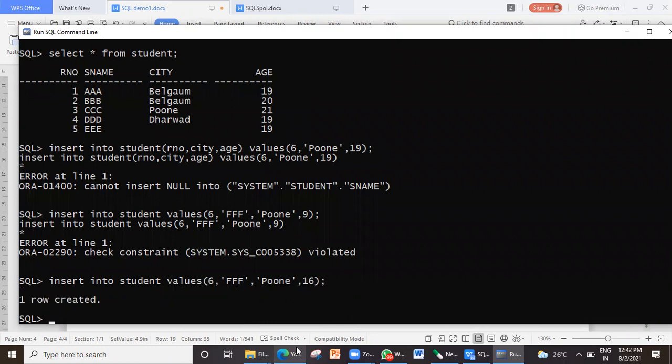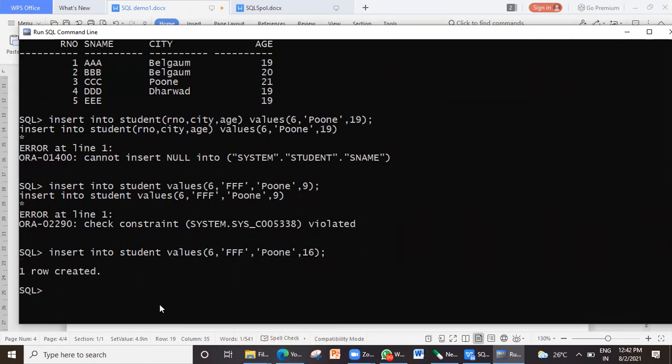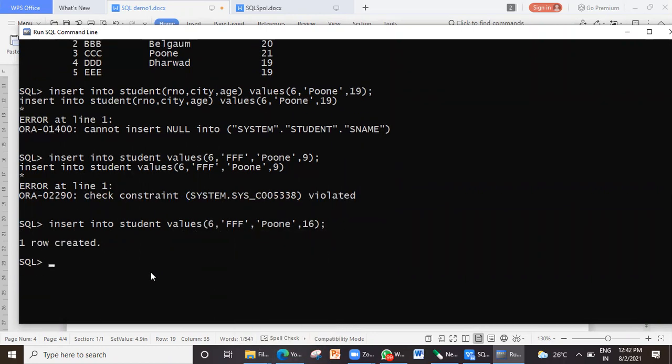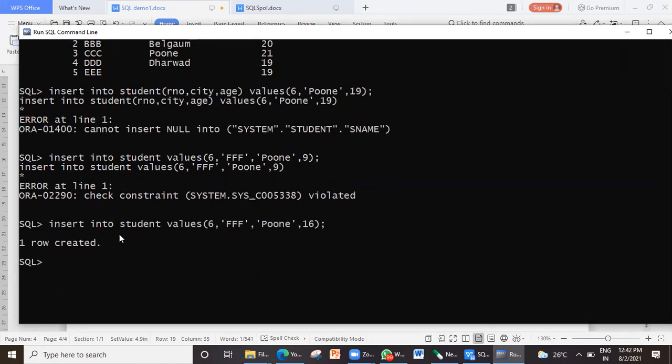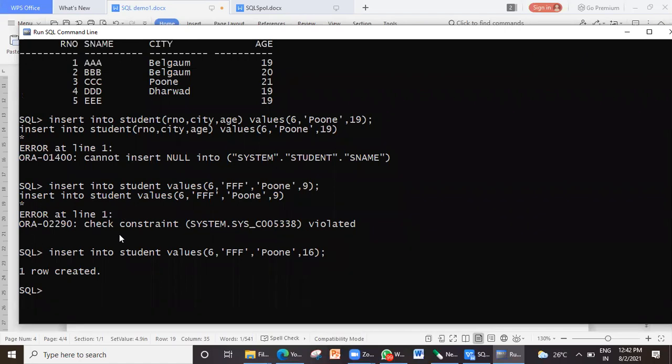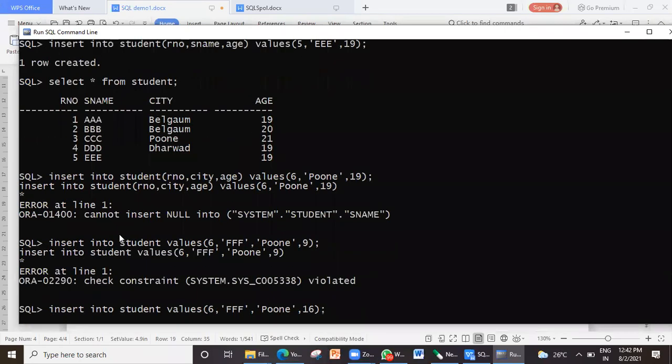One row created, can you see here? So this is how it will accept 16 or above 16, but it will not accept below 16. So now we have demonstrated how various constraints will work.